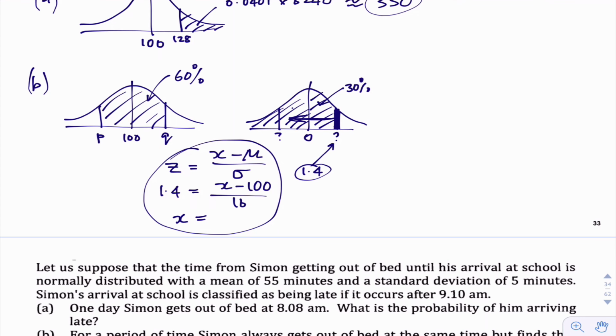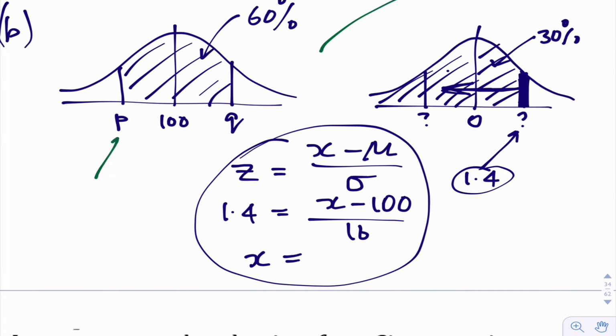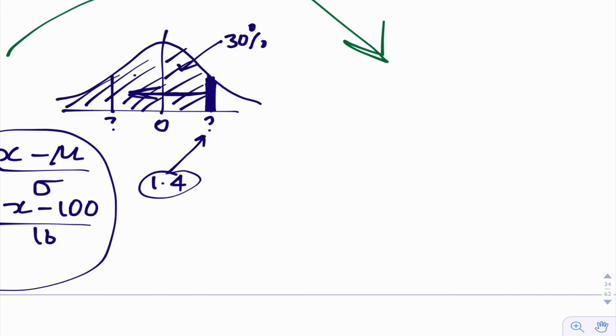On your calculator for B, so let's do the easy way. You'd do the inverse normal thing on your calculator. You'd be looking for the center feature. You'd put in 0.6, you'd put in the standard deviation and then the mean. It would give you the lower value down here. So do that on your calculator and tell me what you get. It should be